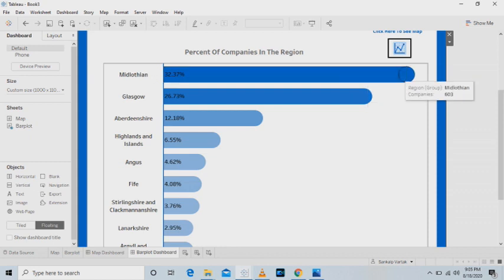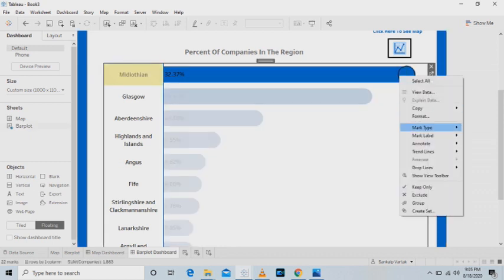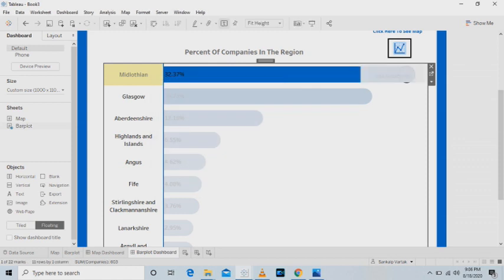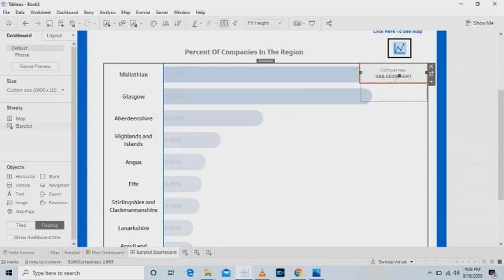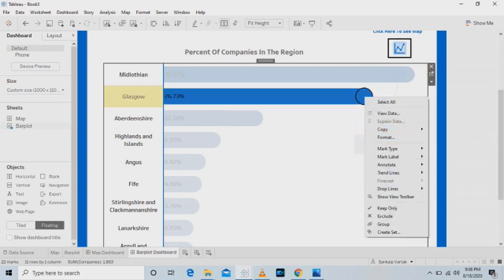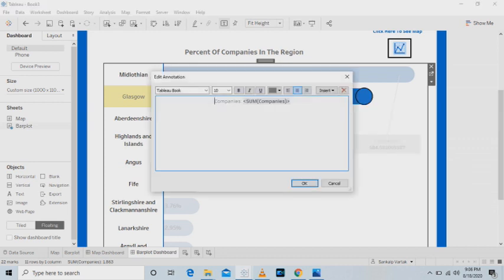Okay, now we have to show that Midlothian and Glasgow almost contribute to 59% of the total IT companies in Scotland. So click on annotate. Drag it downward. Now on Glasgow, again click on annotate point.